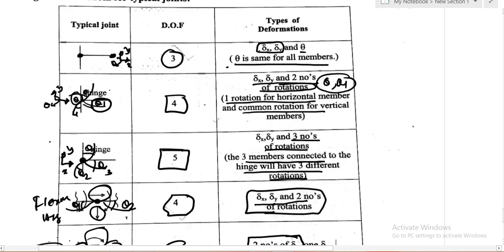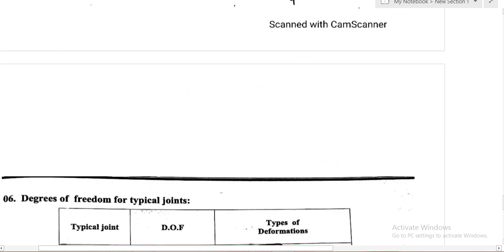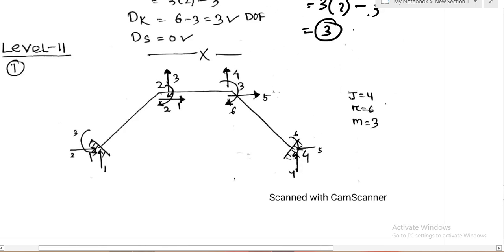I will provide this PDF and description part, you can download this one. Now one example I talk about, you just solve this question. Next class I will solve this question, you solve this question. So this is a rigid jointed plane frame. If you want to find out the kinematic indeterminacy of this one, 3j minus r, how many joints are there? This is 1, okay, this is 2, this is 3 and this is 4. So 4 joints are there.